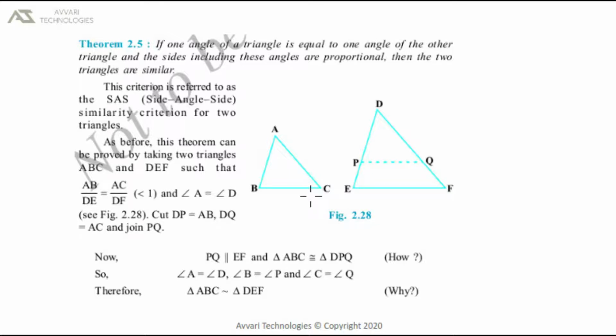One way of looking at this is triangle ABC can easily fit into triangle DEF. ABC could be placed in place of DPQ. You can place triangle ABC in place of DPQ only when the triangles are similar, because the sides are in proportion and they share the same angle.